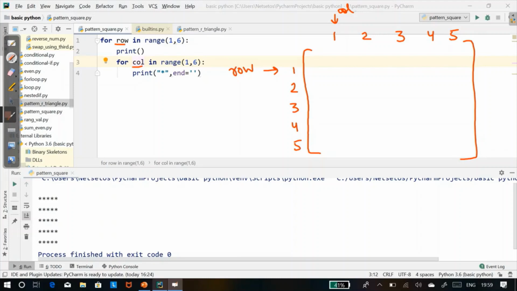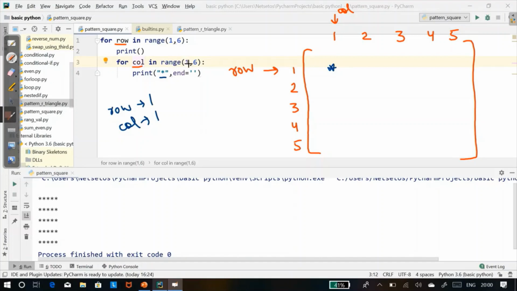Now, when we will start, it will take row as 1. So it will go inside the column and it will ask, let's say row is 1. Here it is pointing to 1 and column first will be 1. So it will come here and print here.